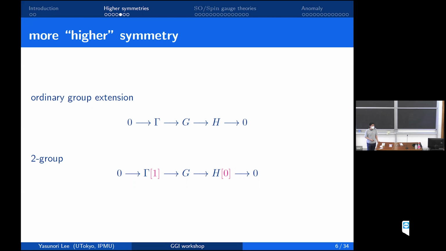Do you know what the structure would be if you would extend a 1 form symmetry group by a 0 form symmetry group? Or generally an M form symmetry group by an N form symmetry group? No, I don't know. For the two group, we have 0 form symmetry extended by 1 form symmetry, but I don't know the opposite, what happens when we exchange them. Later you will explain how this G acts, because one acts on points and the other acts on lines. Yes, I will. Okay, thank you.